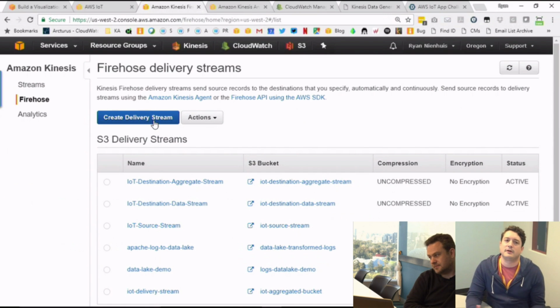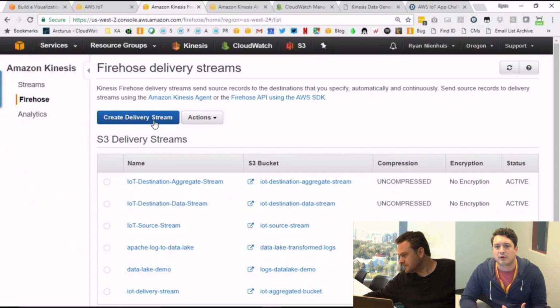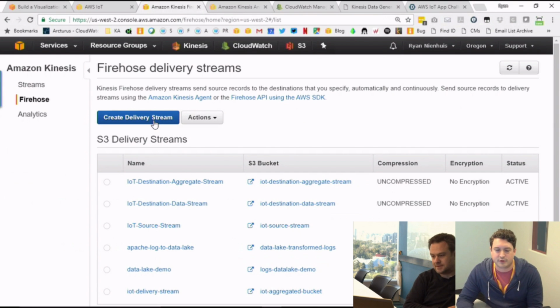Now with that flexibility, there's a little bit of added complexity. Whereas Firehose completely auto-scales for you, with Kinesis Streams you provision a stream with a certain number of shards or partitions, which gives you a certain amount of throughput. But for the purposes of the IoT App Challenge, if you just create a 5-shard or a 10-shard Kinesis stream, you'll have so much available throughput, you won't have to worry about scaling the stream up and down. But when you start operating at scale, that's something you additionally have to worry about. So where you get increased flexibility, there's a little bit added complexity. But that flexibility definitely allows you to do a lot more things. It gives you more choices to process the data in real time.